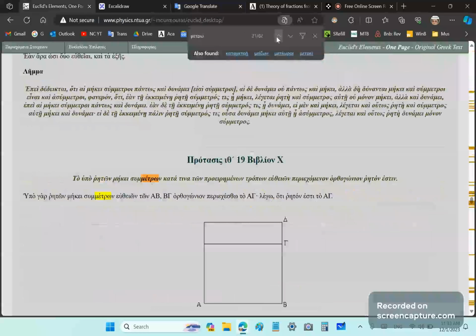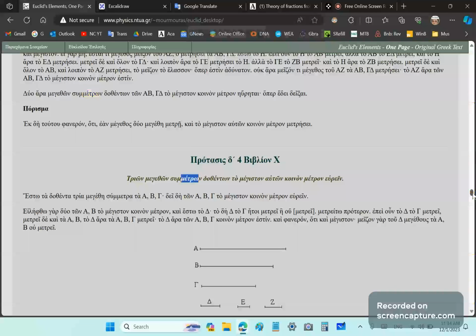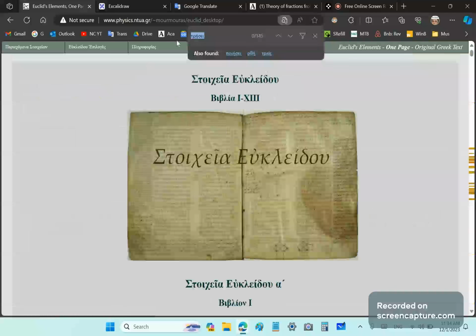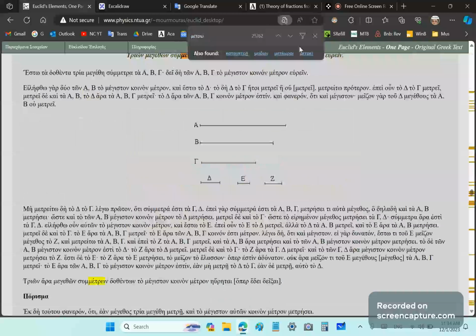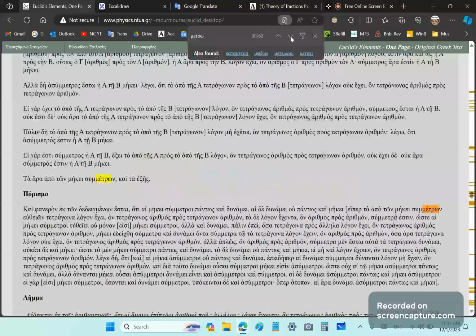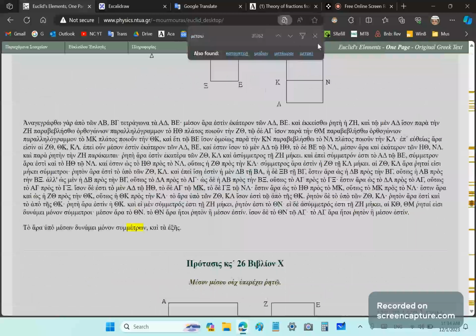So if we go back to the beginning of the elements, these are the original Greek elements. Let's go to the beginning. Here, again, I don't know why it took me this far, but I guess it's continuing where it left off. In any case, the word metro does appear, and it means noun. And anytime it appears in symmetron or asymmetron, it is also referring to measure. Okay, so how did the Greeks understand measure?